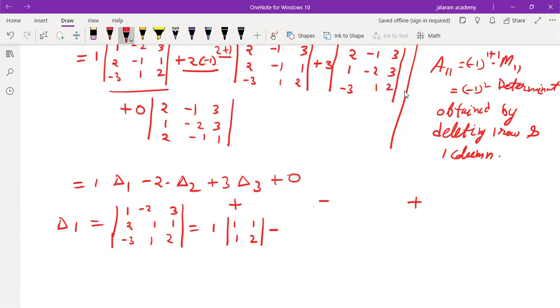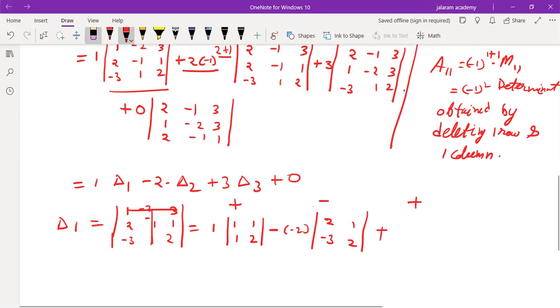So now the second element, minus 2: first this negative is due to the sign of cofactor. Minus 1 to the power 1 plus 2 means minus 1 whole cube is negative. Minus 2 into the determinant obtained by deleting first row, second column. So it is 2 1, minus 3 2. Then next plus